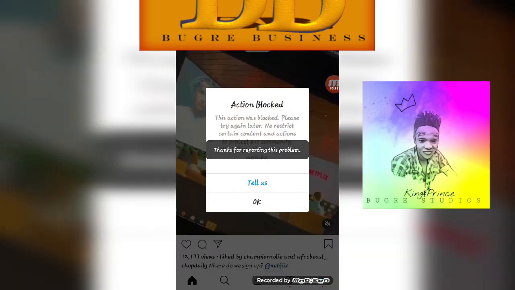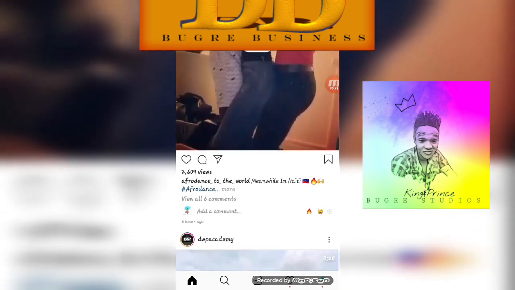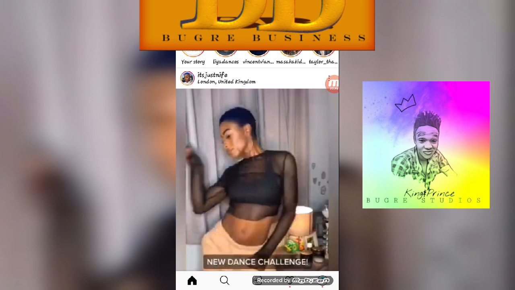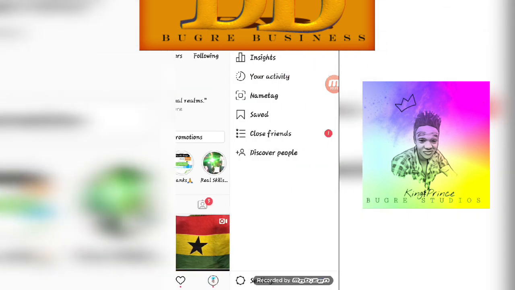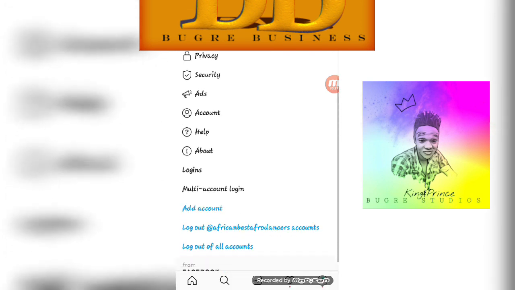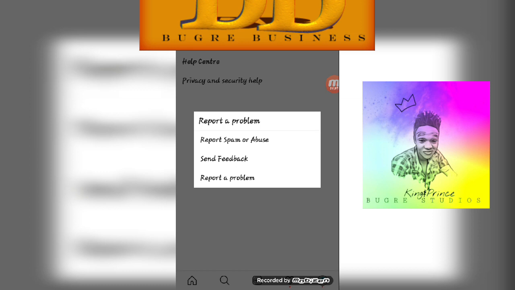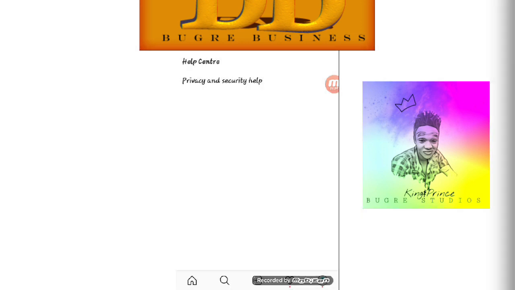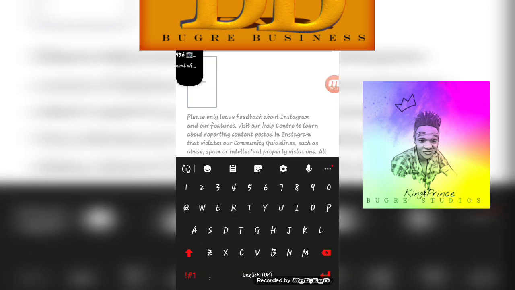Alright, so once you see you have an action block like this, don't panic. The first thing you have to do is come over here and then come over to settings, then you come over to help, then you come over to report a problem. Then you click report a problem, then you type in something. I'm going to type in something like,